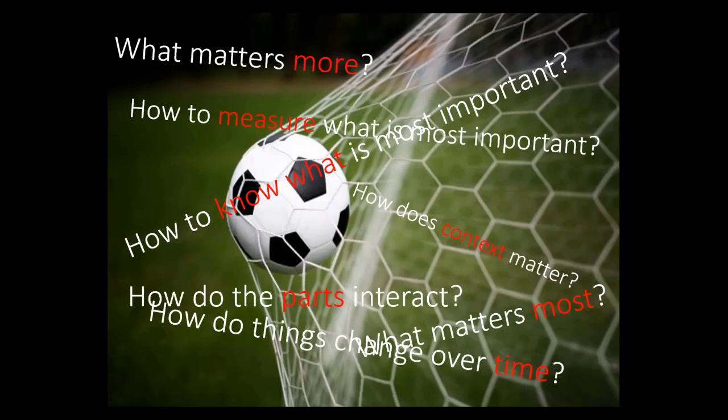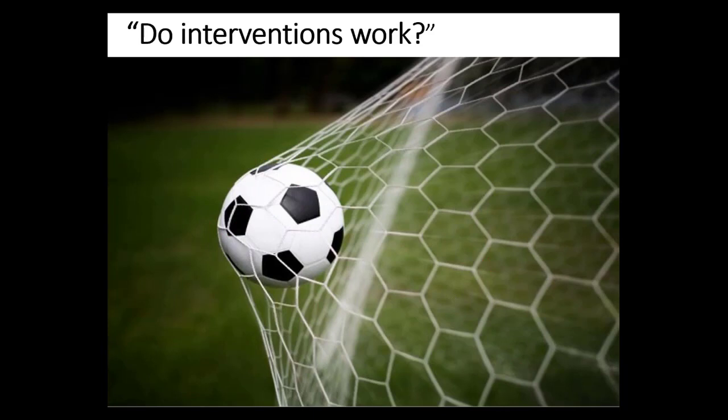And then also, how do parts interact? So if we think of Messi in a broader soccer team, do the other players get threatened by Messi, or are they pleased to have Messi in their team? And then they all play out. Sometimes if you were to play Messi and Ronaldo in the same team, perhaps neither would play as well. So recognizing how the parts interact and also change over time is also important here. This has relevance for how we think about interventions. Whilst goal is our outcome, often in our intervention work we have outcomes as well,